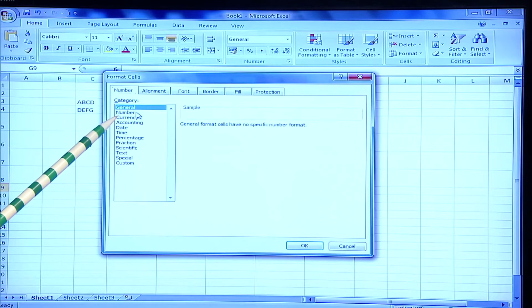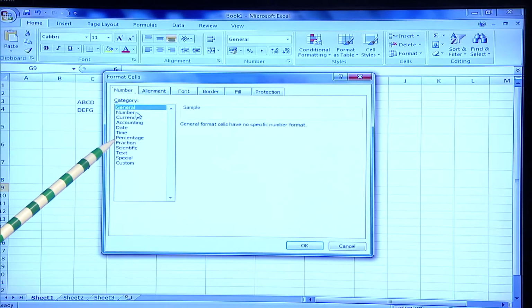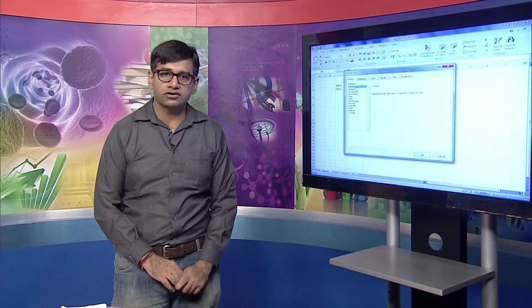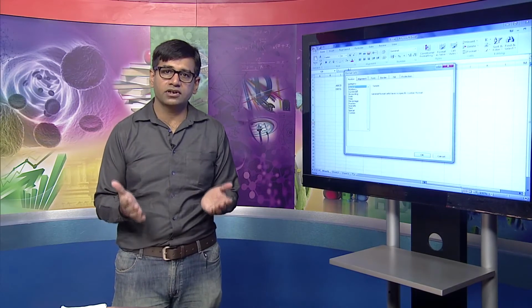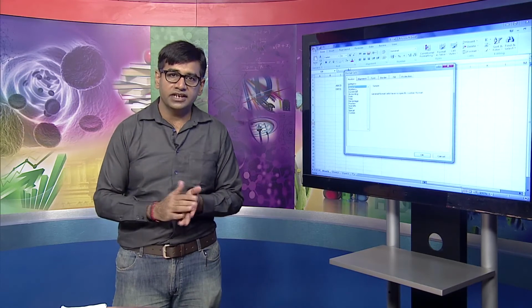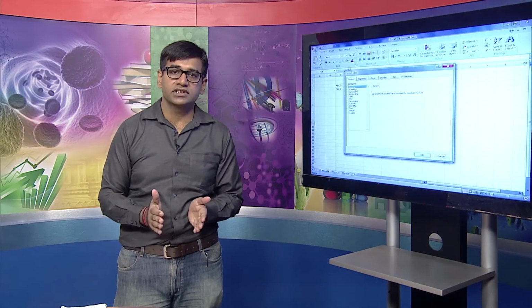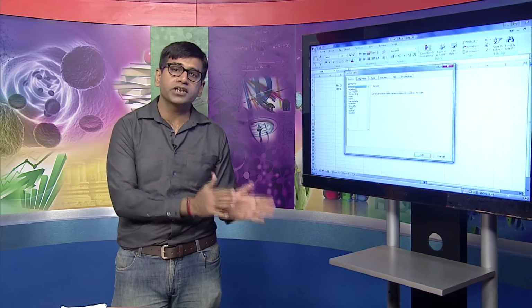So there are various categories like number, currency, accounting, date, time, percentage, fraction, scientific, text, special, custom. All of these different categories are designed because Microsoft has written this program in such a way that there are some particular libraries of functions which will work on some particular data sets.